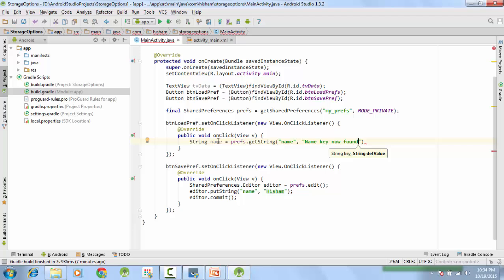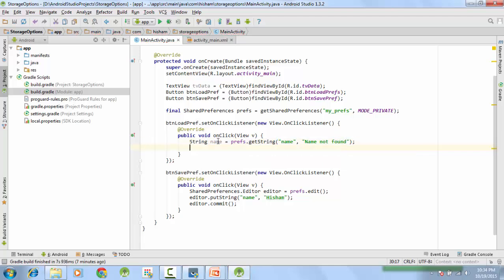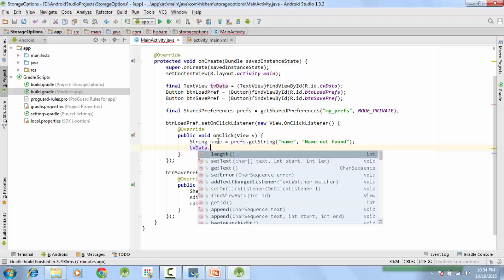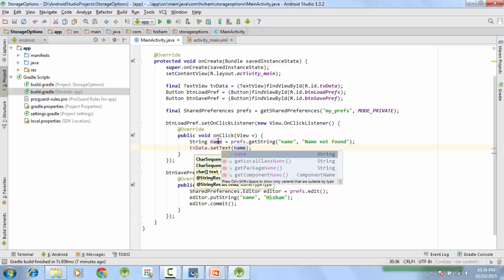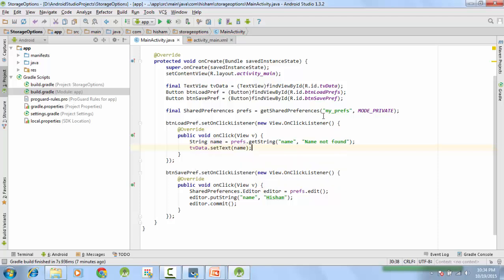Well, that would not be the right thing to do. The best thing would be name not found instead of key, right? And lastly, we will set this to tvdata.setText, and we will show the name here. Alright, that's it.